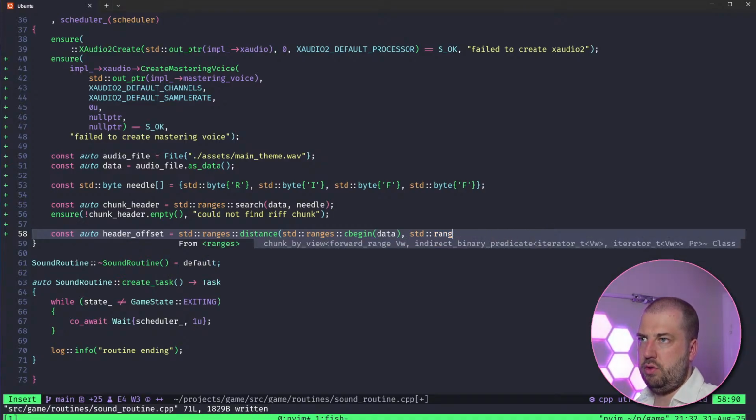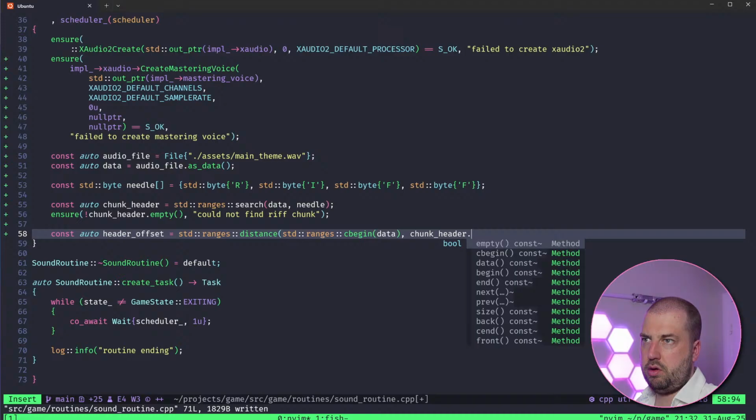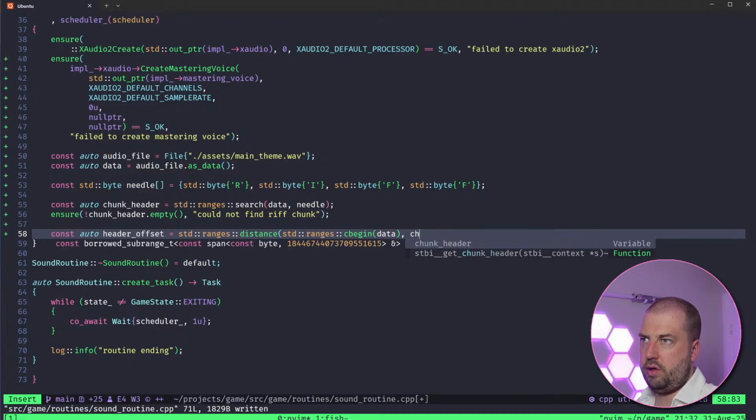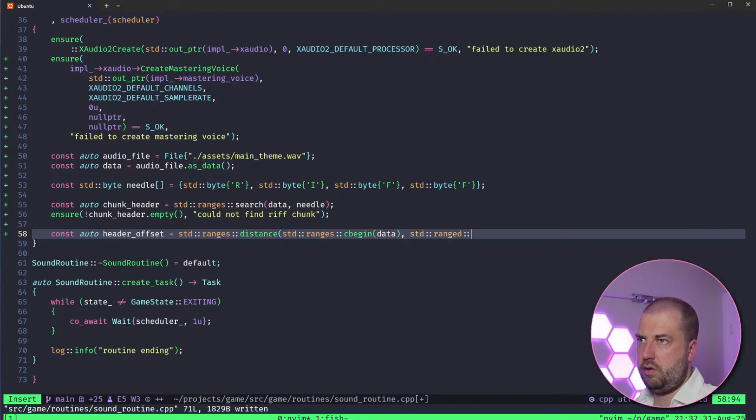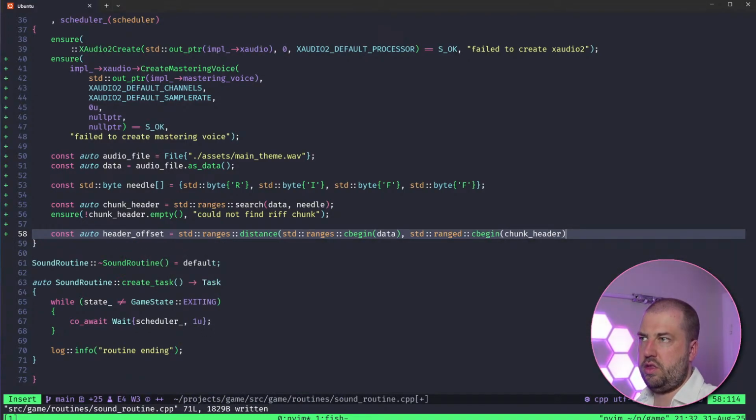Oh, nope, not that. Sorry. std::ranges::cbegin chunk header. I think that's right.